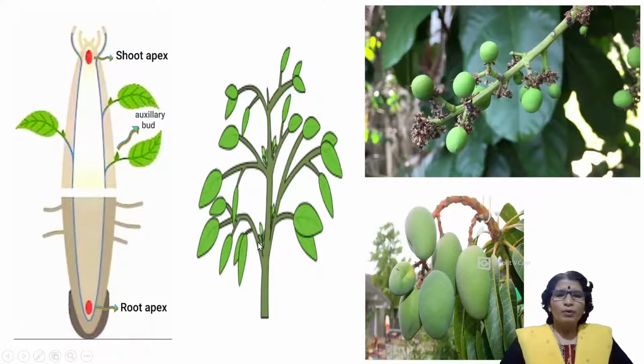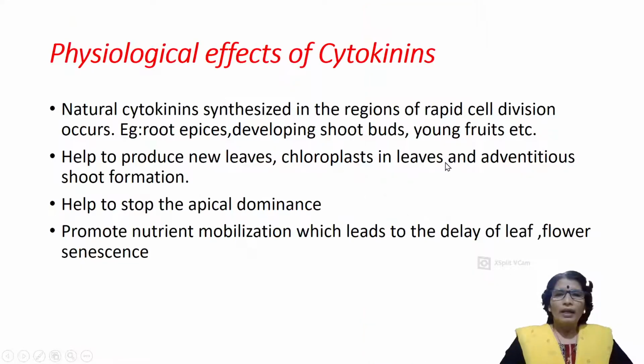So in this way, by producing so many lateral branches, plants become bushy, and in the young fruits also cytokinins produced. So due to the repeated division by the activity of cytokinins, young fruits become larger in size, and cytokinins produced even in the young leaves, because usually young leaves are smaller in size. So by the activity of cytokinins, the young leaves become larger in size, and at the same time cytokinins increase the chloroplast division. That is why when the young leaves grow into larger size, automatically chloroplast division also increases, and